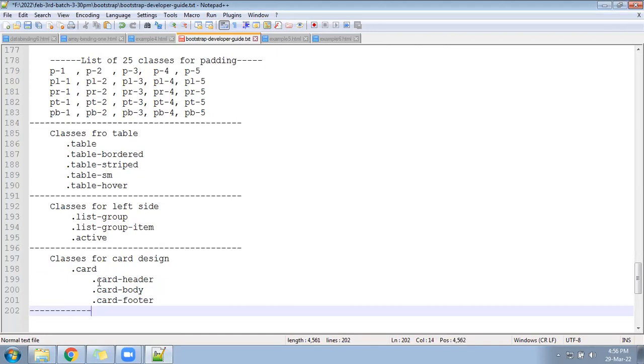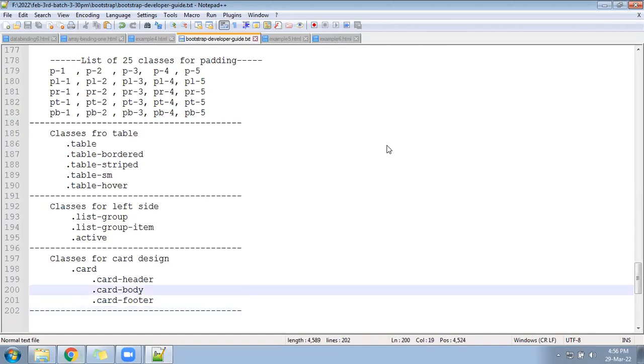Card header, card body, card footer. Hope written.